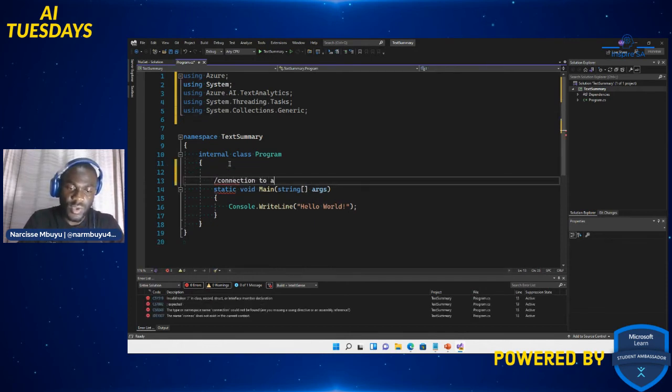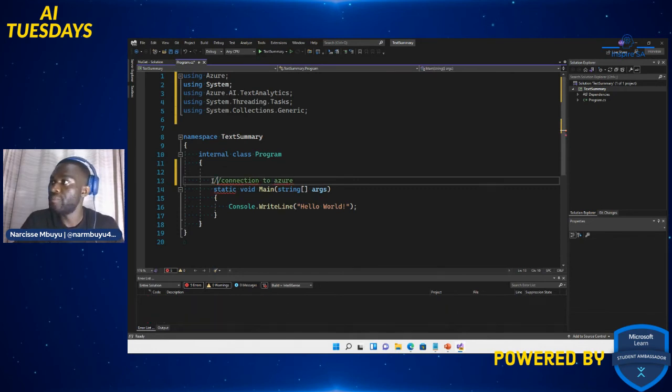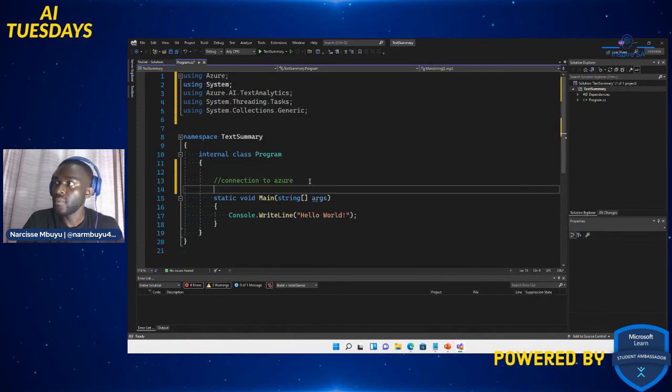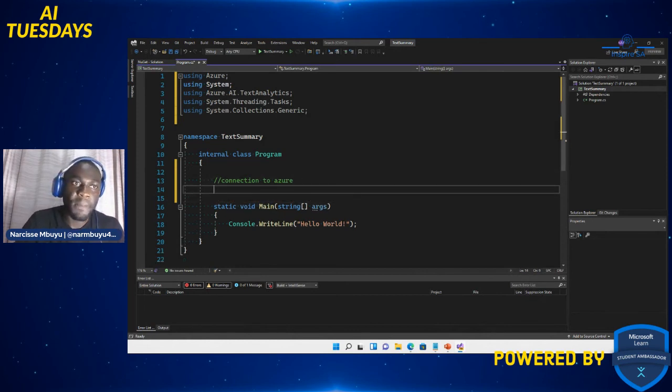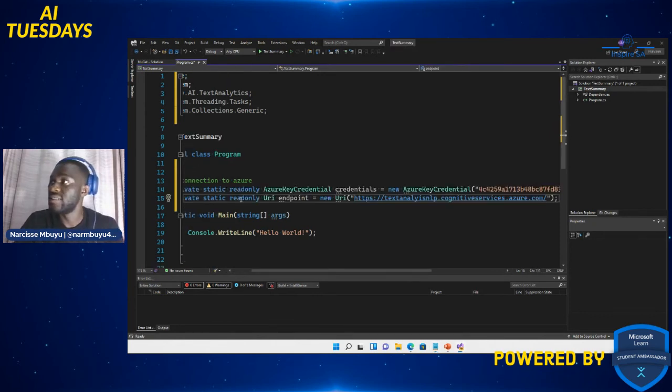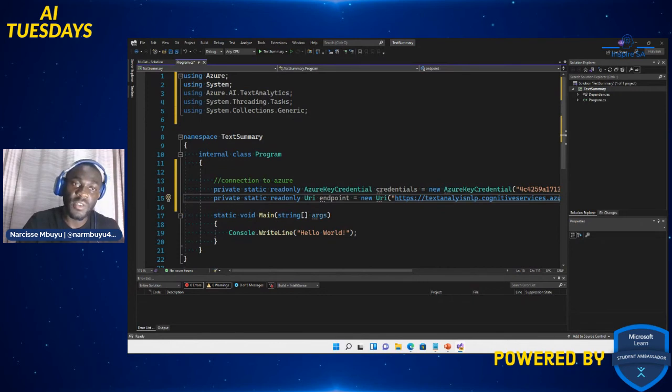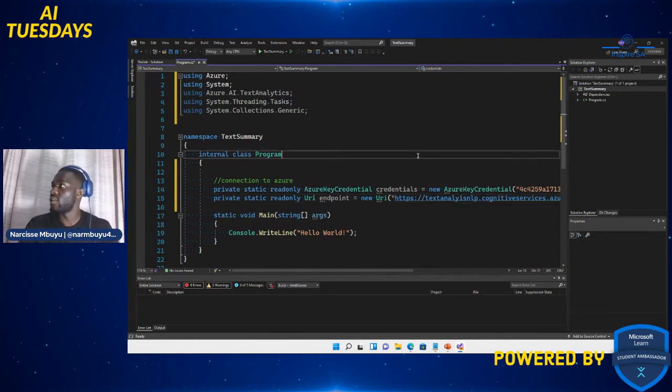Put one more bracket there. I'm gonna create a connection, private readonly, so you can only read, cannot do anything, with our endpoint and our key, right? So that's our connection to the endpoint.